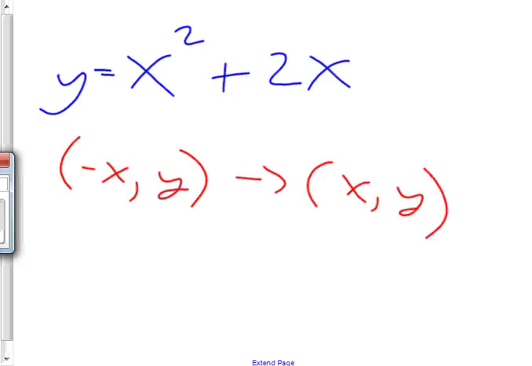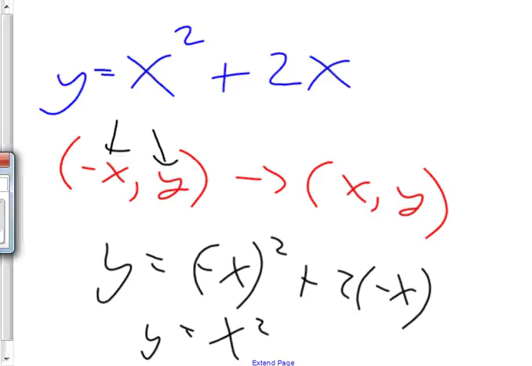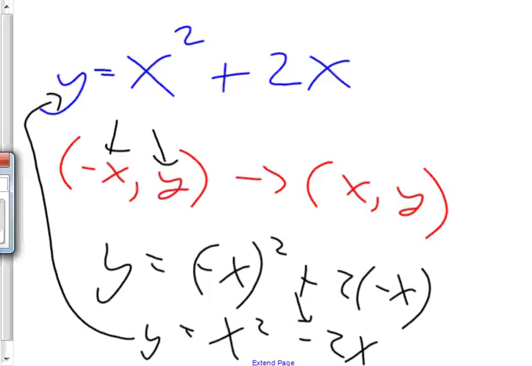All right, so now I'm going to see by plugging in a normal y, and the opposite of x, y equals negative x squared plus 2 times the negative x. And this is going to be y equals, that part does come out the same. This part will be a negative 2x. The only difference between this and this is that little negative sign right there. Is that enough to make it non-symmetrical? Yeah, it has to be perfectly exactly the same. So this one does not have